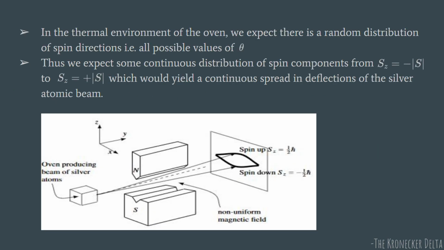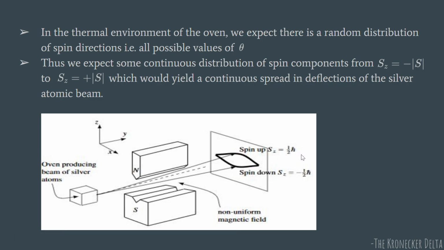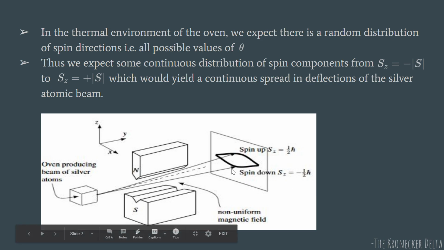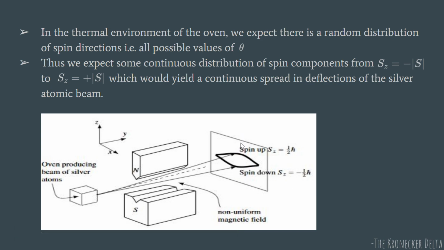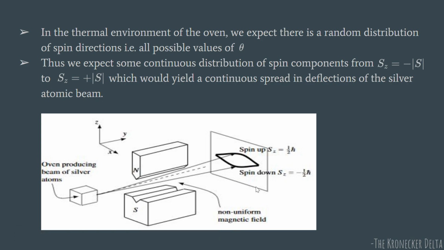To sum up, what we are measuring here is the spin component along the z axis. It can take up two particular values, plus h bar by 2 and minus h bar by 2. It cannot take any arbitrary value. It is not a continuous spread from minus S to plus S. It has very specific values, just two, plus and minus h bar by 2. So now we understand that what you expect classically is not observed in quantum mechanics. So you check your classical intuitions before entering quantum mechanics.